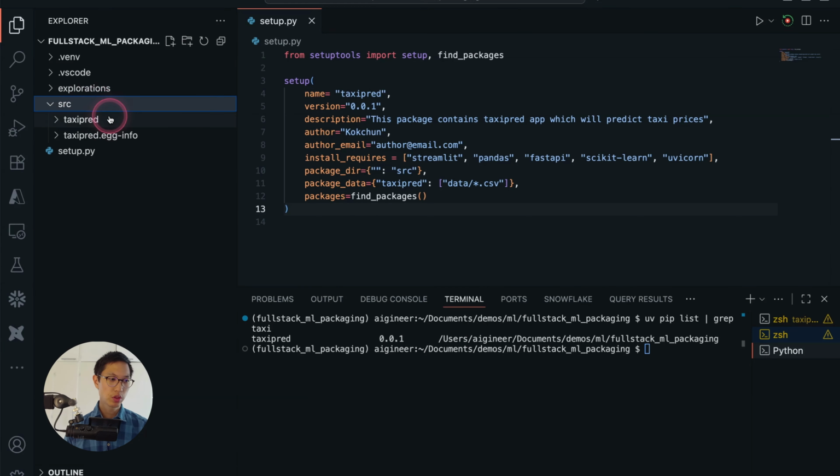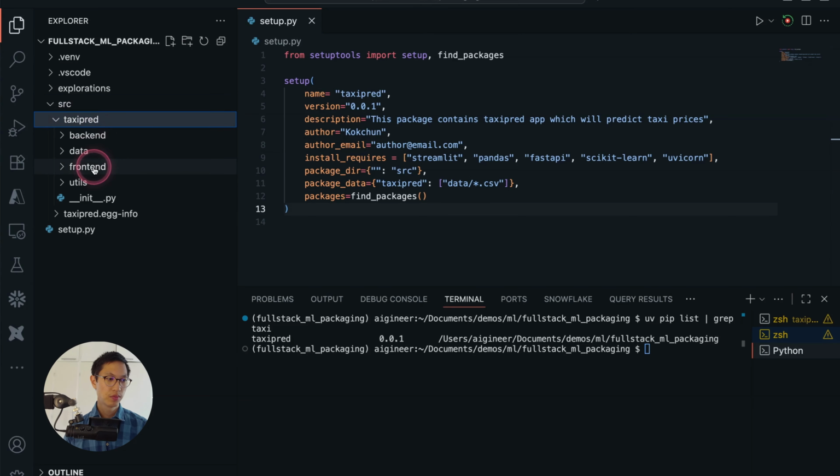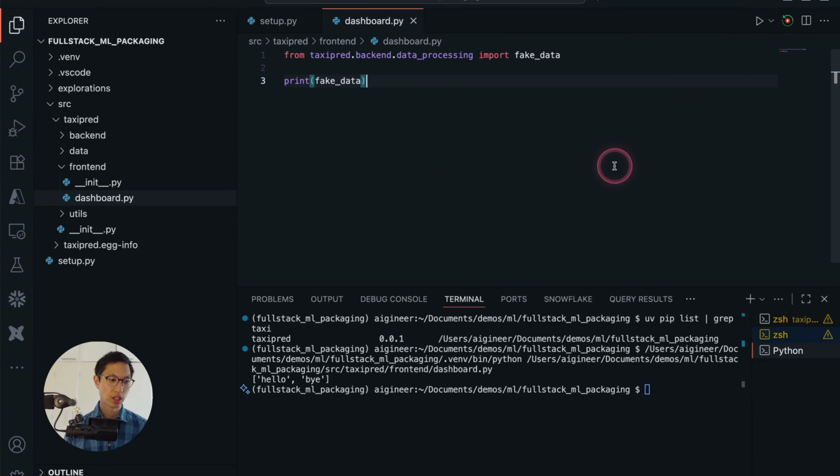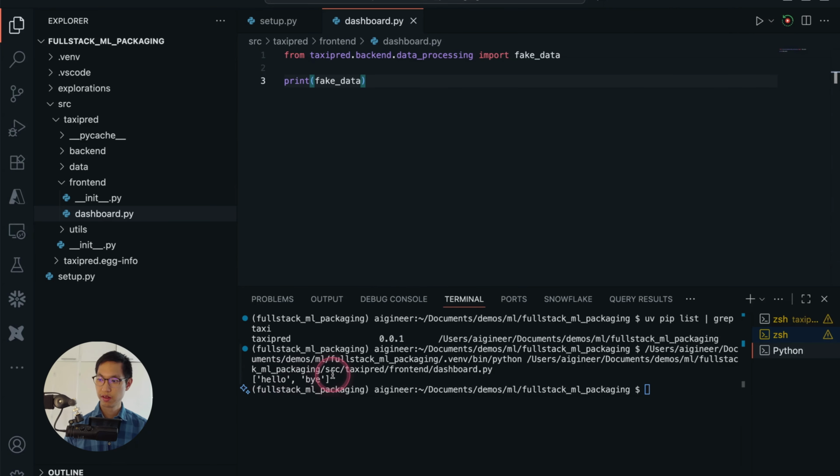Well, when we go into source, you can see here there's something egg info. You don't need to care about that one. We go into taxipred, and here, inside of frontend, we have this dashboard, fake data. Run this one, and you can see it works magically. You can see it's possible to import this now, this fake data from